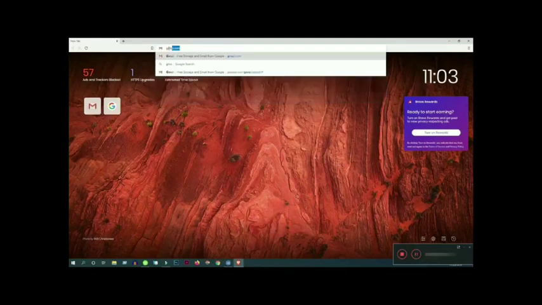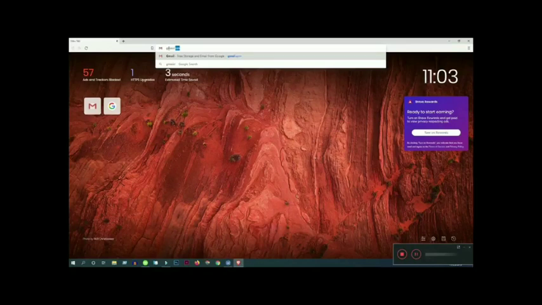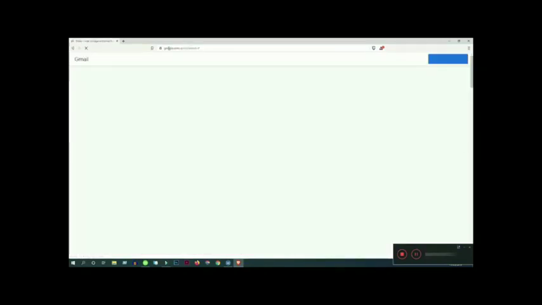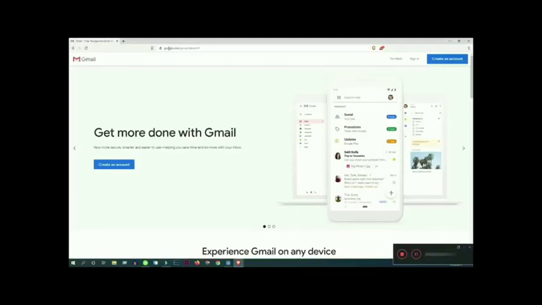You have to write Gmail on the address bar. Then click enter. I think the page is loaded. Here's the home page. At the right corner you have to click create an account. You have to click over here.